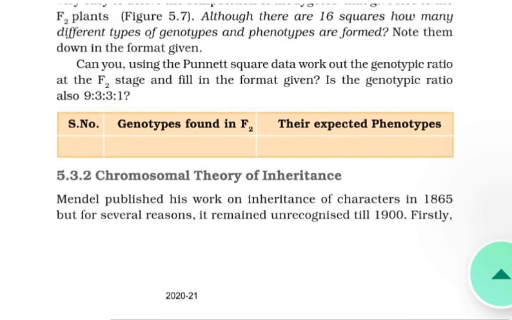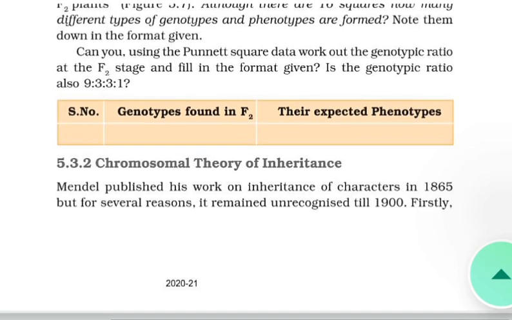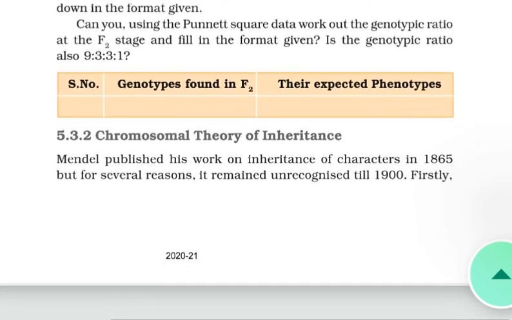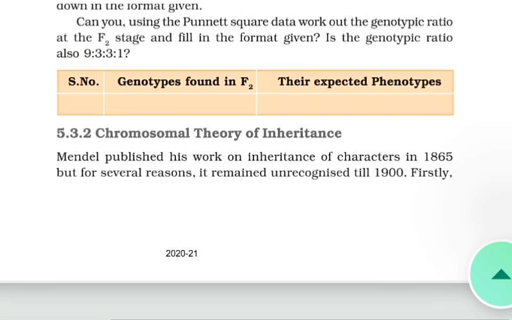Next, the Punnett square can be effectively used to understand the independent segregation of the two pairs of genes during meiosis and the production of eggs and pollen in the F1 capital R, small r, capital Y, small y plant. इतना इम्पोर्टेंट नहीं है जो कैपिटल आर स्मॉल आर बोल रहा हूँ. ठीक है, इसलिए जल्दी जल्दी पढ़ देता हूँ.